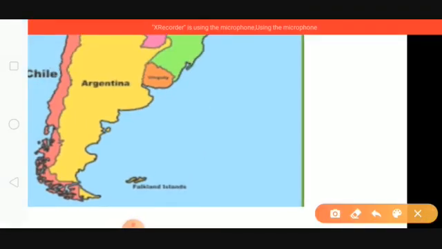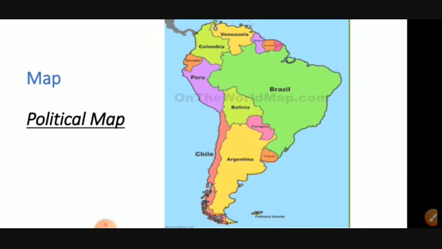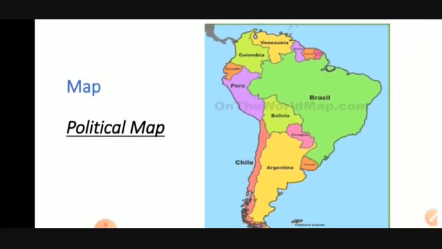When you mark Cape Horn, just mark it at the southern tip. Here Falkland Island is also given. At the southern tip, you draw a line, draw an arrow mark, and write Cape Horn, because Cape Horn is the southernmost tip. Okay, so these are the main places which you have to mark and study for your exam. The 10 places I've shown you, you can take a printout, or it is given in your textbook itself. Just mark whatever questions are asked, write only that, and learn that for your exam.